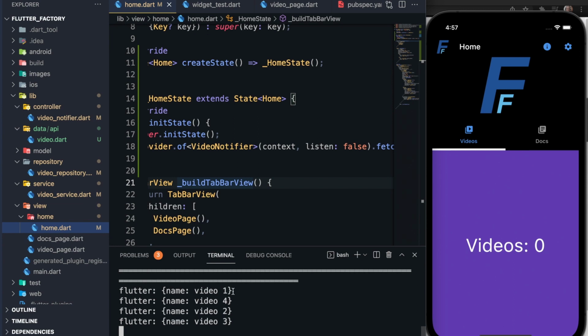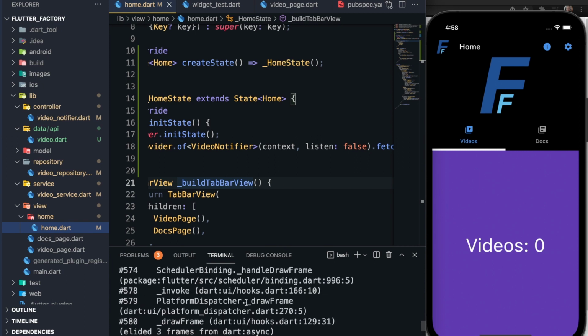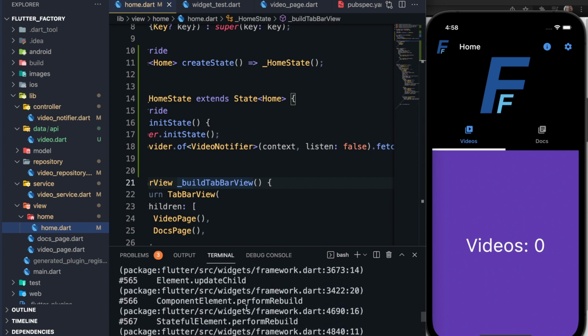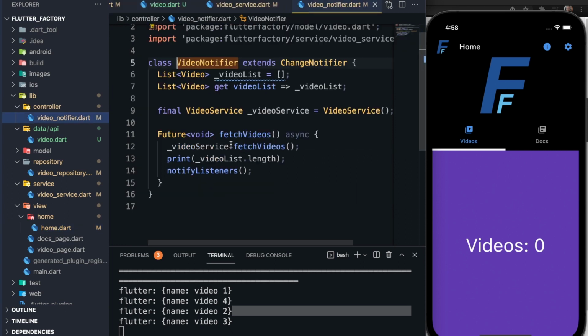And that's because this is the order of the videos in the backend. This is not the order that they were created in, but we'll talk about that in a little bit. Okay, so if you go back up here, we have a little error here. And that has to do with the fact that in here, we're setting notify listeners, but there are no listeners. So if we get rid of this now